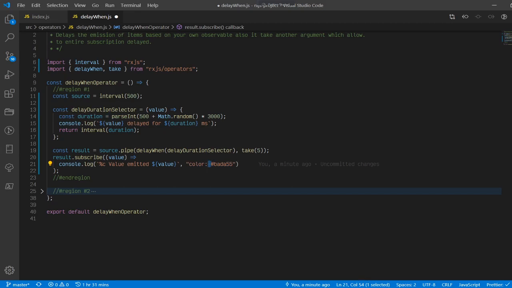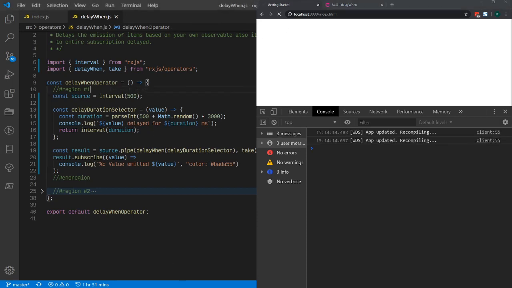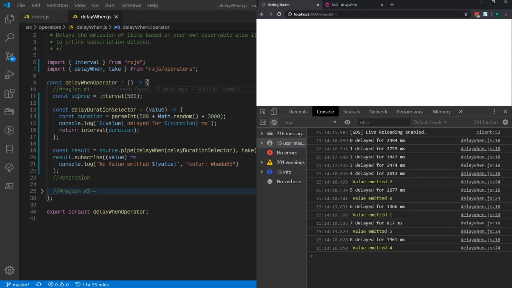Okay, now let's check it out in a browser. So let me save this one. Here you can see that the source interval we have specified, 500, starts from 0. Since my delay duration selector will be called every time my source value is emitted, up to now we have a total of 8 values emitted from the source, but